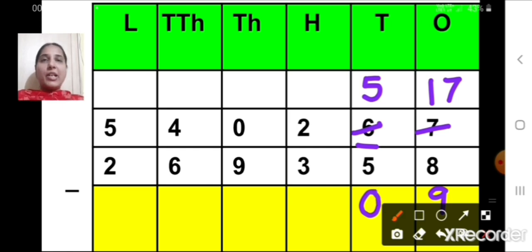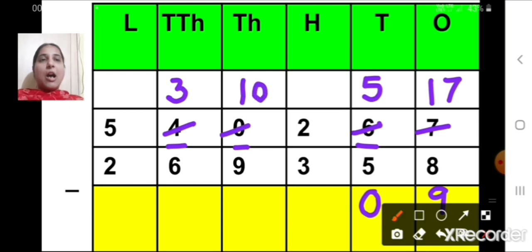Now look at the hundreds column. So 2 minus 3, that is not possible. So we'll see the digit at the thousands place. But at the thousands place as well, you can see the digit 0 is there. So now we'll move to the 10,000s place. So now we will borrow 1 from there. So what will be left here? 3. And at the thousands place, now we have 10. Now we can borrow 1 from the thousands place. So when we borrow 1 from the thousands place, 9 will be left here. And so now 12 minus 3, 9.